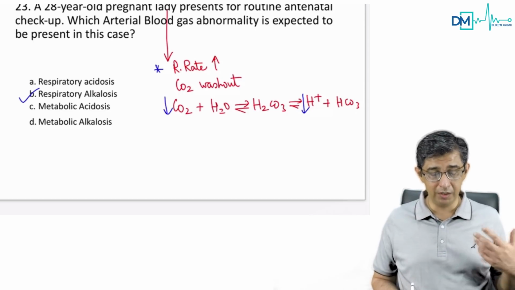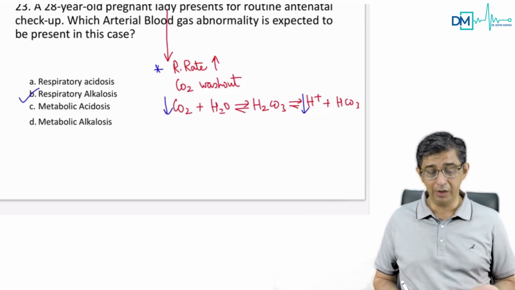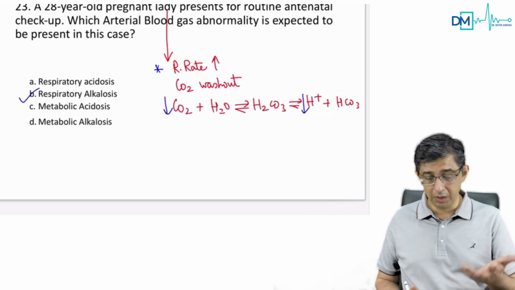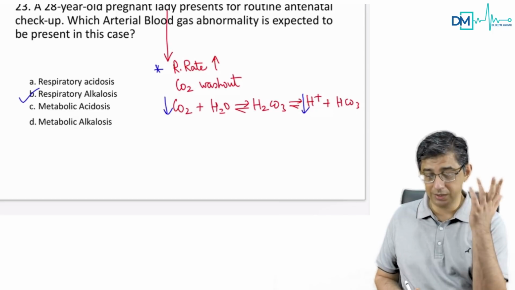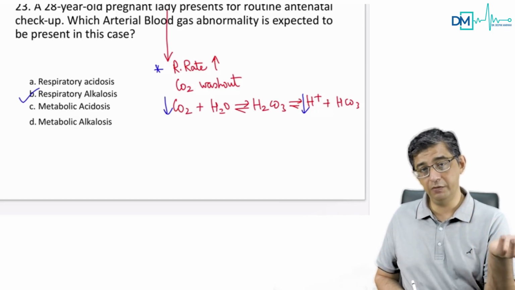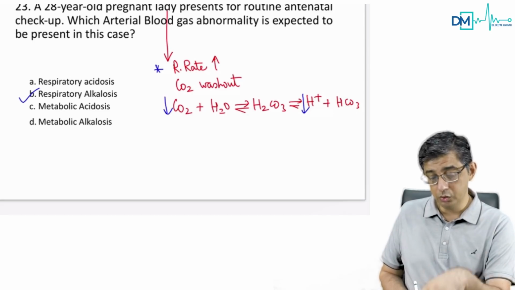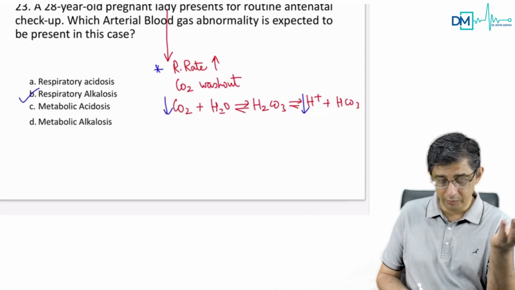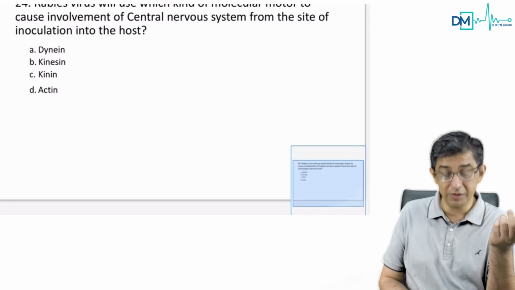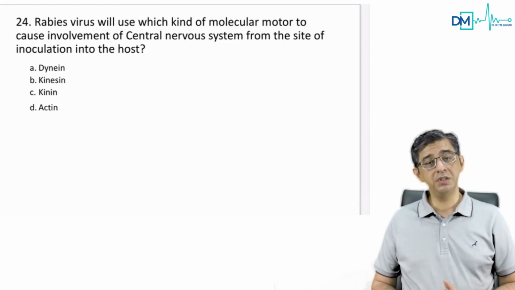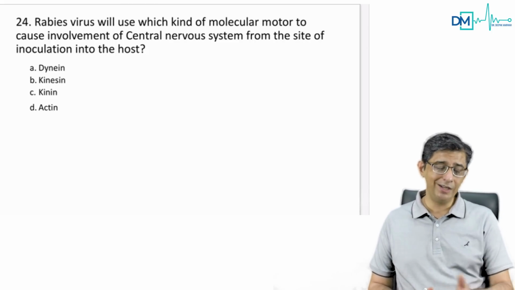In status asthmaticus, there's a buildup of carbon dioxide, so there's a respiratory acidosis, and there are various permutation combinations which can be remembered. Like if in the same MCQ in 2020 December he says pregnant lady with hyperemesis gravidarum, she's puking all the time, then there would be metabolic alkalosis. So just go through these abnormalities. I mean, they are, I would say, bread and butter for any physician, and that is why they put it up in the exam. The next question is slightly integrated in a sense that it is with physiology.